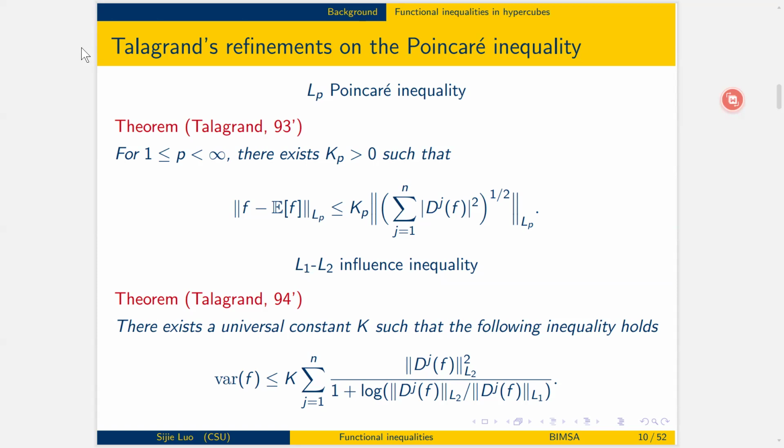And also, if we only focus on the L2 Poincare inequalities, there's more we can get. It's named Talagrand's L1-L2 inequality, because in the Poincare inequality there's not this term here, right? But when p equal to 2, we can get the following result. This term is certainly bigger than 1, so it's stronger than the Poincare inequality. And why do we get such a result? It seems so strange, because this result can be used to deduce